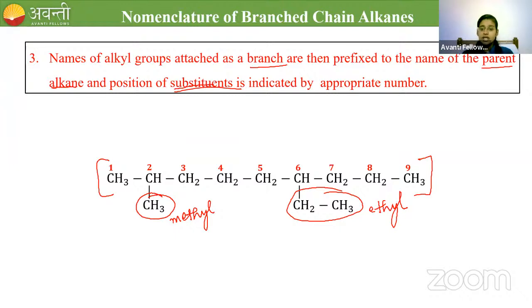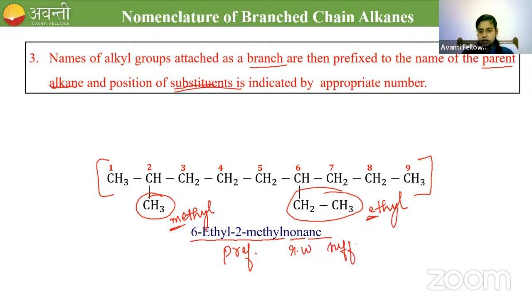If you have more than one substituent, you have to use alphabetical order. Very good, Chandu. Ishrat, correct. Nandini is also correct. So ethyl, E comes first in the alphabet, and M comes next. So the name of the compound is 6-ethyl, 2-methyl, nonane. 6-ethyl, 2-methyl is the prefix. Non is the root word. A and E is the suffix. So an IUPAC name should have a prefix, root word and a suffix. This is how you have to name this compound.